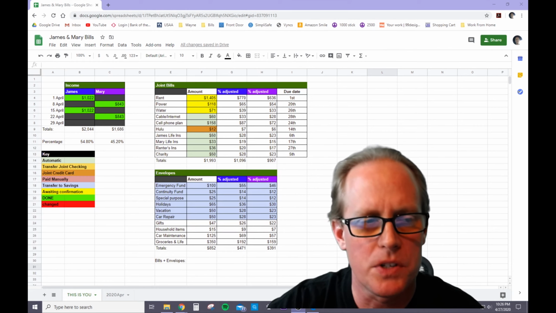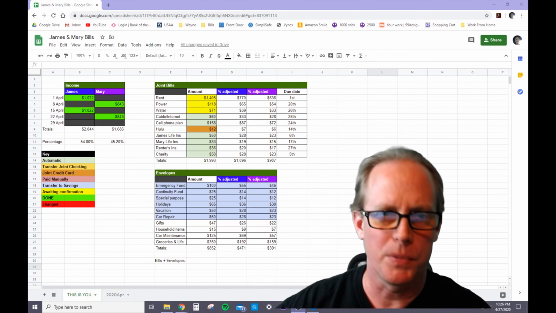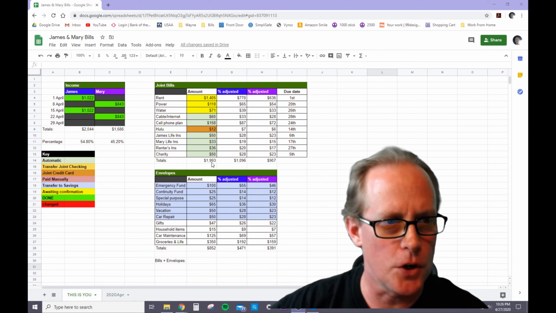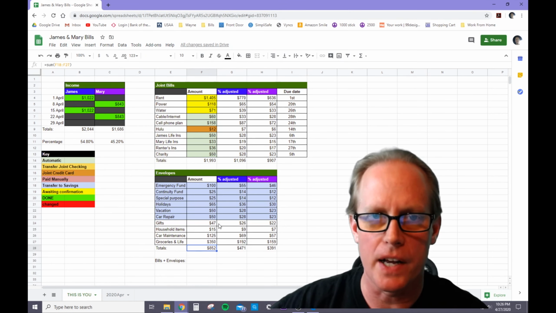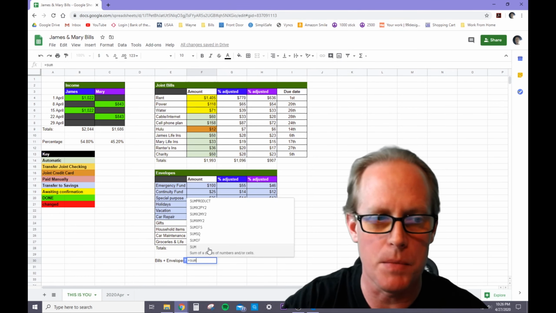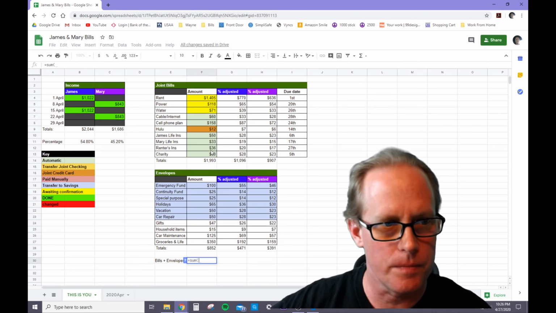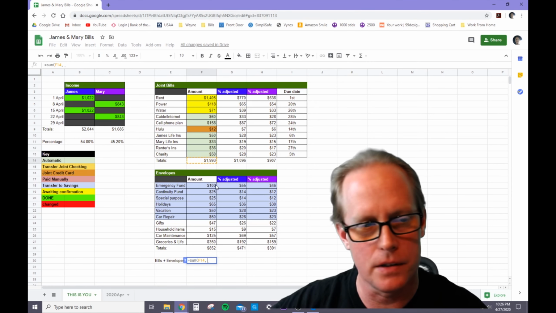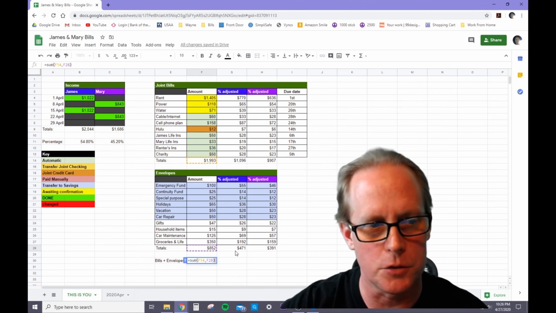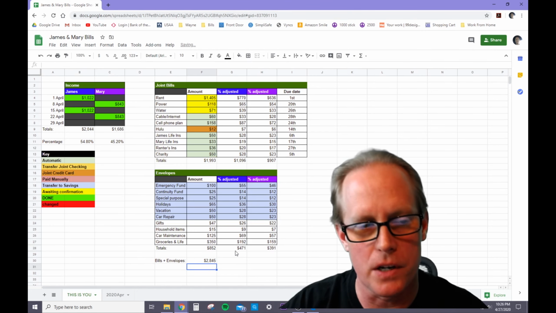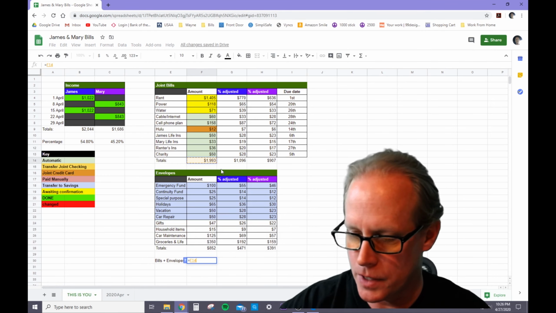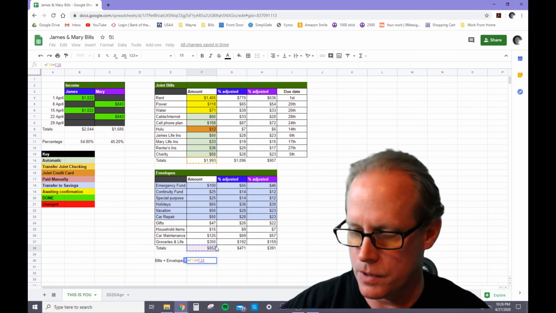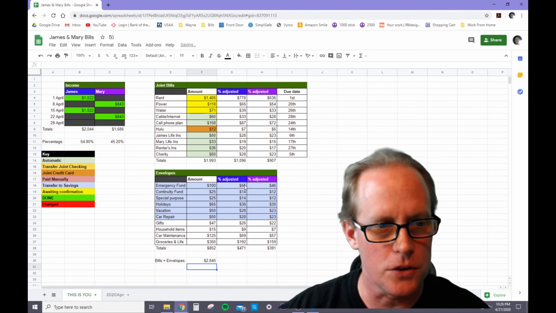Now the next thing we want to do is get a total amount of what they are paying for their bills. So to do this, we're going to select their total from their bills right here and their totals from their envelopes right here, and then add them together. To do that, we're going to create a formula that is equals the sum of, open parentheses, this, comma, this, close parentheses, enter. There's another way to do that I'll show you real quickly: just equals, click this one, hit the plus sign, and that one, and then hit enter. That'll give you your total. So that's their total for their bills and envelopes.